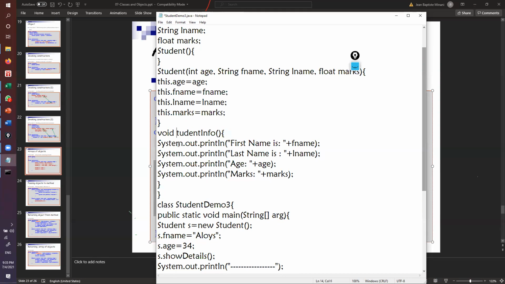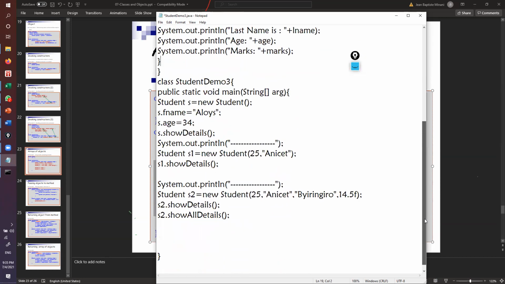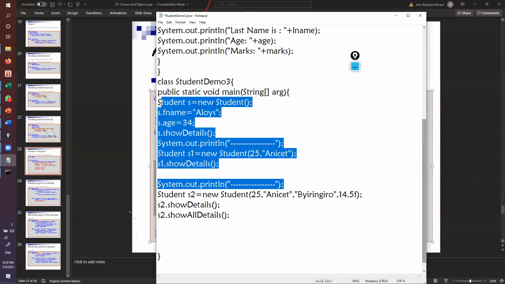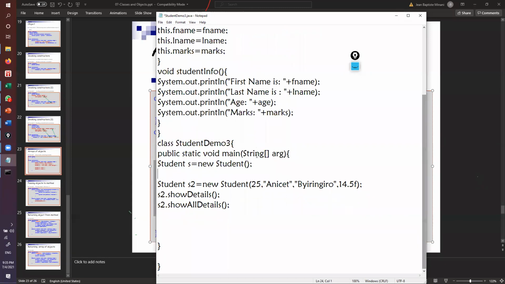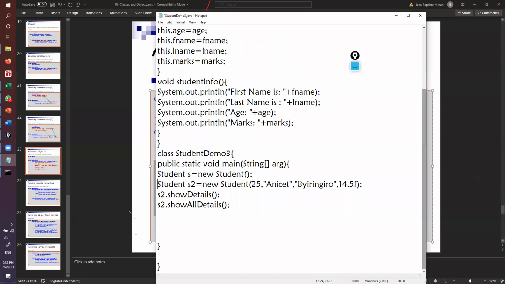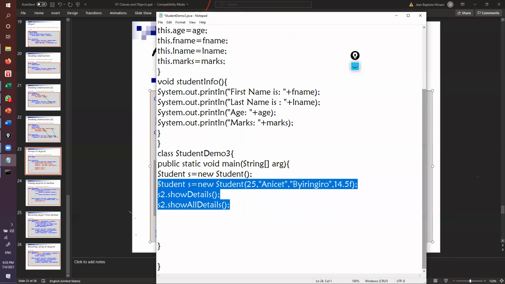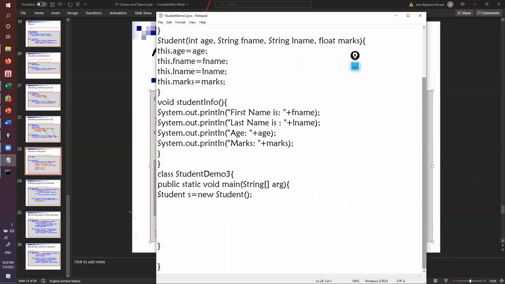Student info method, I think naming can be like this one. So now let's say you are going to create a collection of students, a list of students, not just one student. So I don't need S2, I can remove this one, and I can remove all other details like here. So what I do here, I make it an